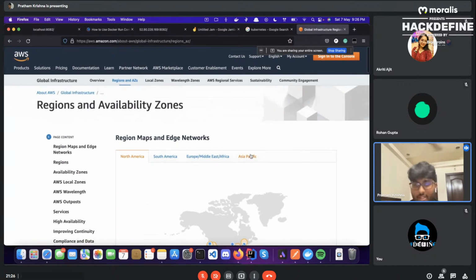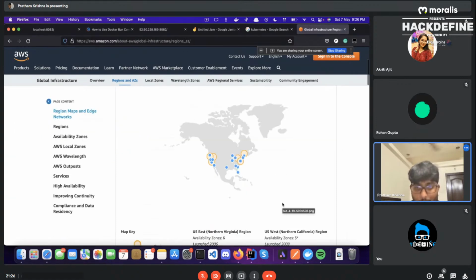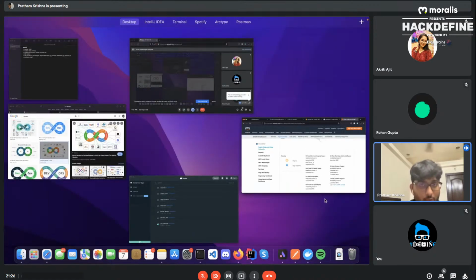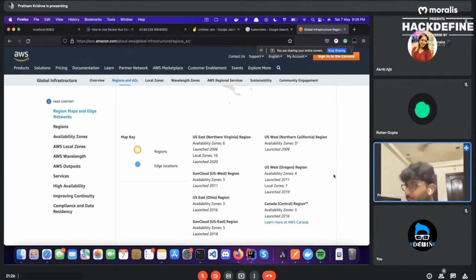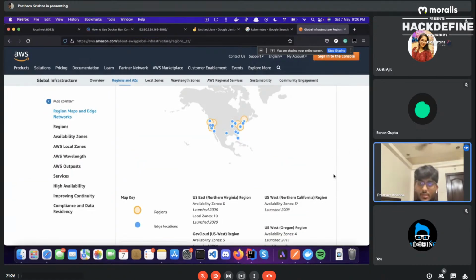Now every cloud has its own different regions, availability zones, and edge networks and stuff like that. So we're not going to go too deep into that. You can obviously check out the documentation and stuff. And yeah, moving on to the next thing, cloud services. We've all heard about S3 buckets, EC2 instances, Lambda functions, and stuff, right? So what exactly are these?